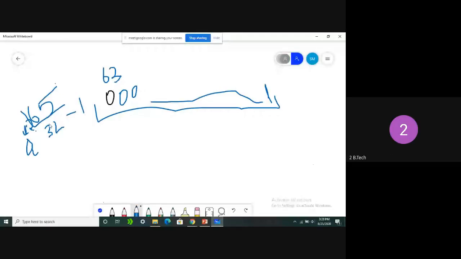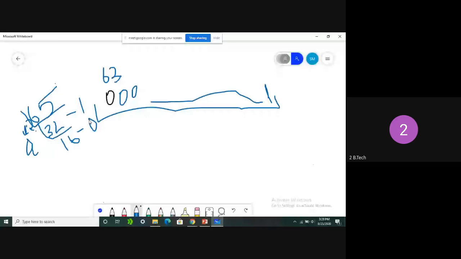32, how many times 16? 16 times. What is the remainder? 0. So the way for 65 we can represent the binary representation with ones and zeros. What will be the value of 65? That value will be stored and read by the processor. While you are typing A, what the processor will identify is the representation of 65 in its binary representation.